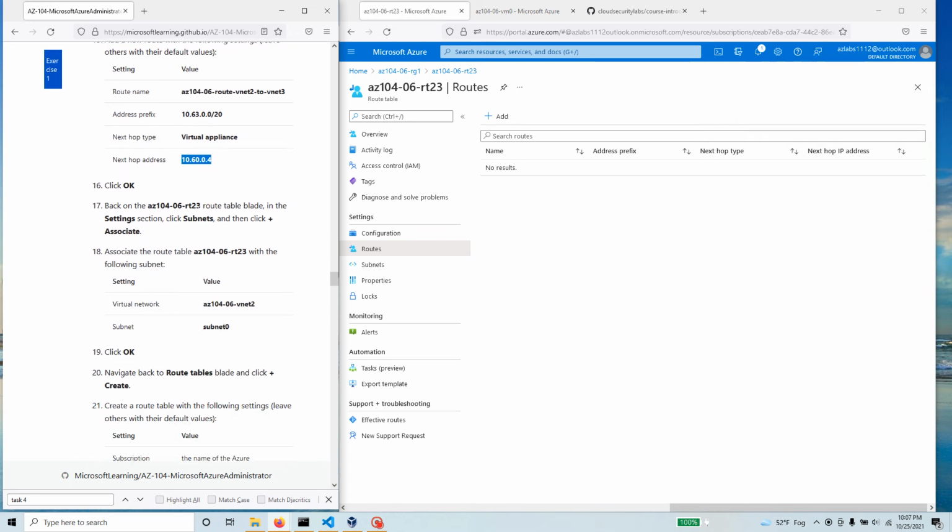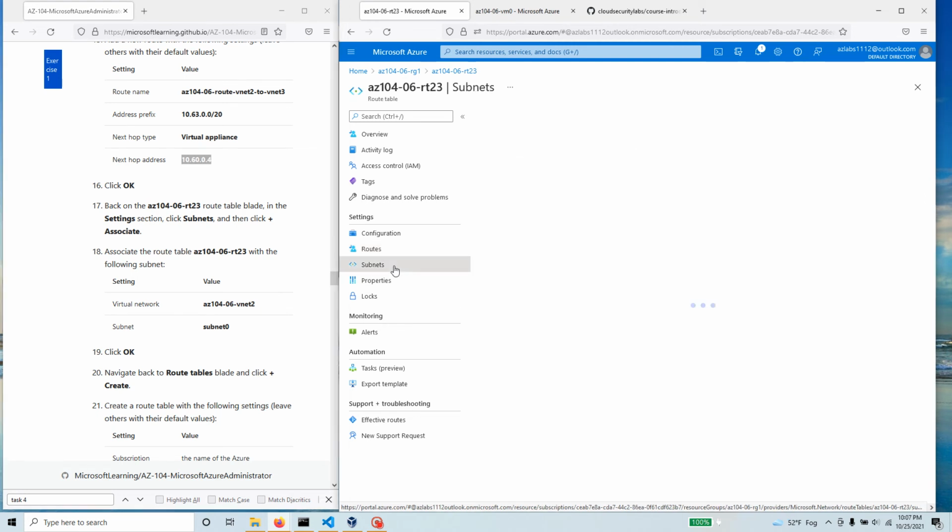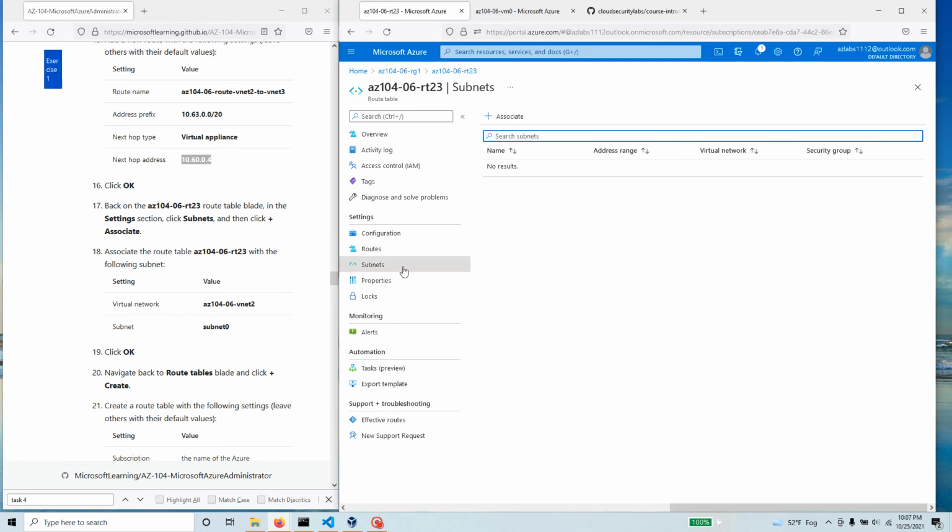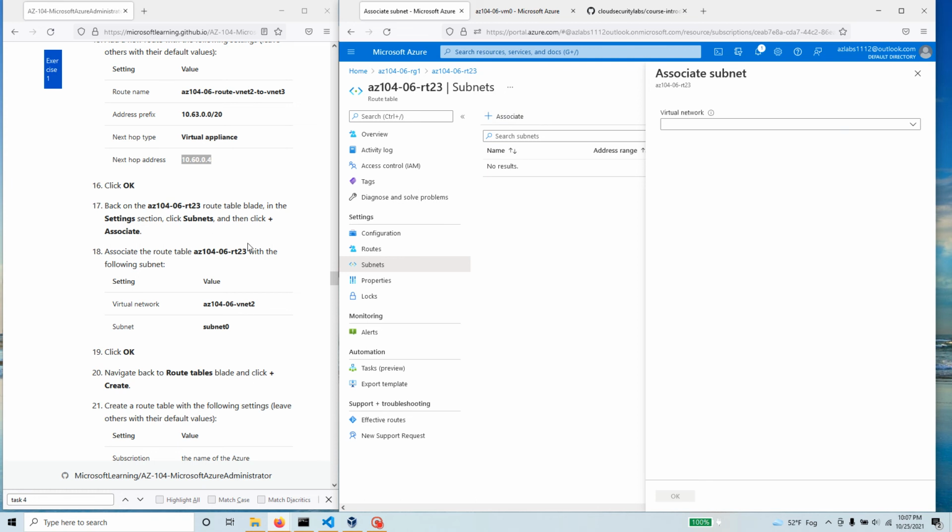Okay, so now back in the route table, in the settings section, click subnets and click associate. So now just creating a route table is not enough. You still have to associate the route table. So right over here, I need to associate, and then which one do you want to associate? So in this one, we're going to look for VNet 2. So here's my VNet 2. In the VNet 2, which subnet do you want? It's subnet 0. Okay, so you hit OK